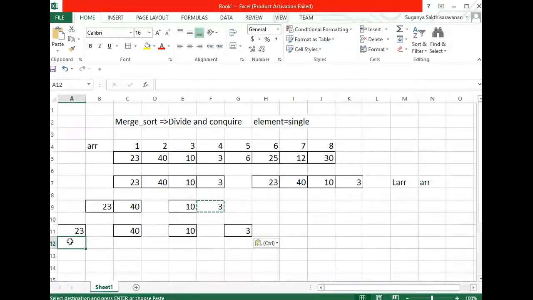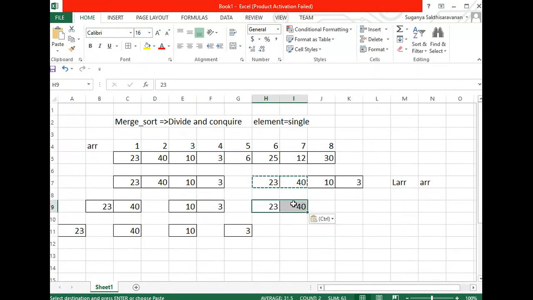Right now, he is the left array and he is the right array. Clear? Again, taking this right array, you are supposed to divide it into two equal halves, and divide this one into two equal halves as well. Again take this as your array and divide it into two equal halves.